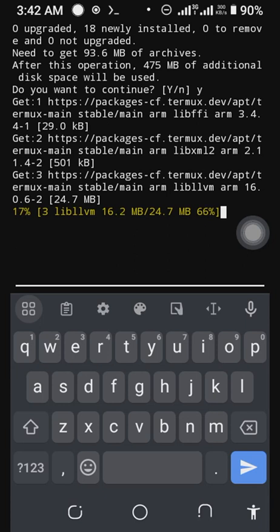This is Python downloading. Python has a big file,